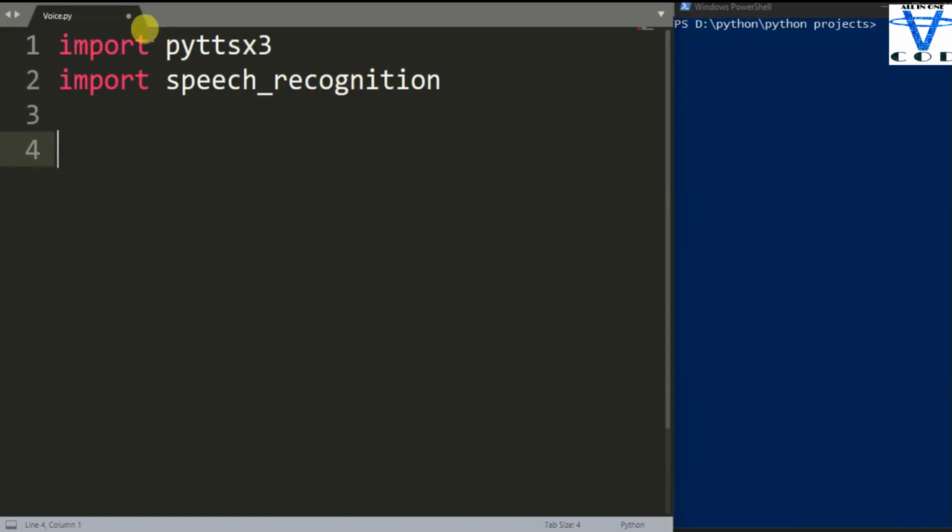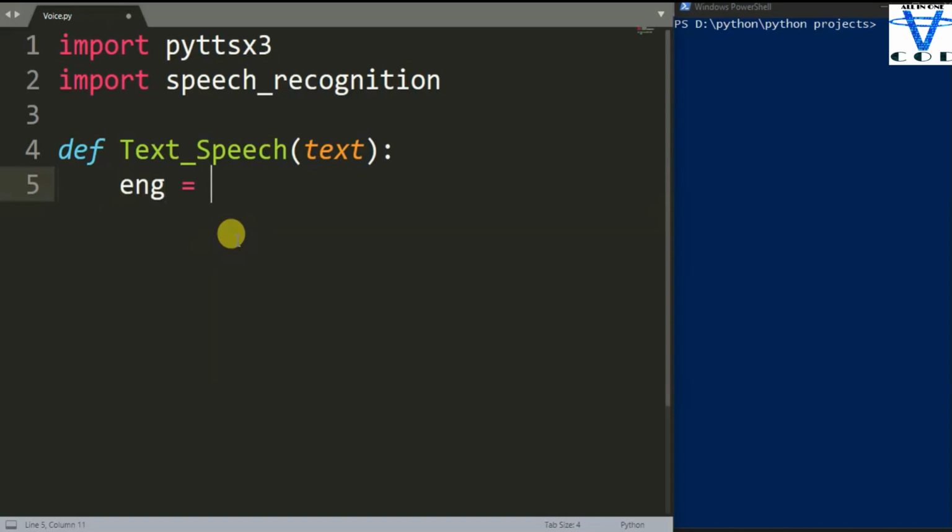Okay, so the first one is text to speech. So let's say def text_to_speech, and it takes only one parameter. The one parameter is text, obviously, because we are going to be converting text into speech, the audio. Okay, so let's try. First we have to create the pyttsx3 engine. So now what is the engine? The engine helps us to connect to the hardware, and in the engine we got a lot of functions like say. Let's use it, but first let's create the engine.